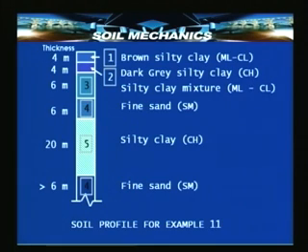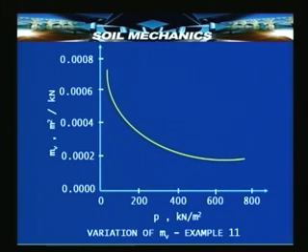This given 20 meter thick silty clay layer is the compressible layer. Layer number 5 is the compressible layer, and it is a doubly draining compressible layer. Then the value of MV in meter square per kilonewton is varying with pressure intensity as shown by this yellow line. So, now what this means is we have to find out what is the increment in pressure that arises